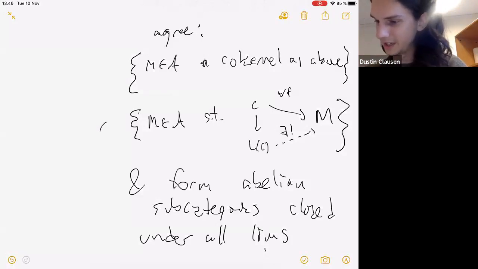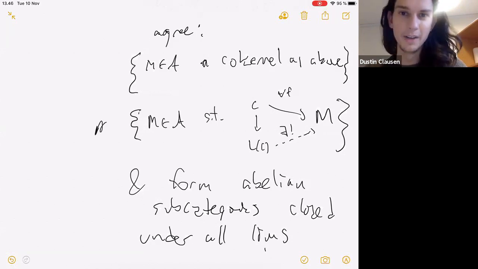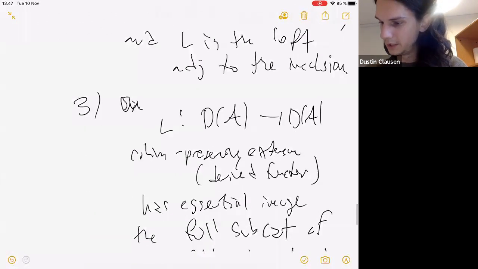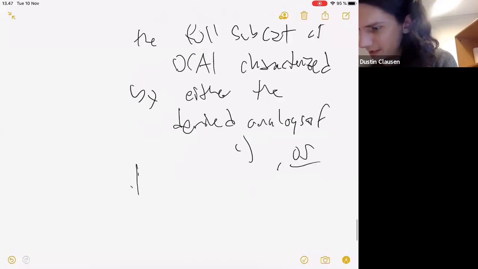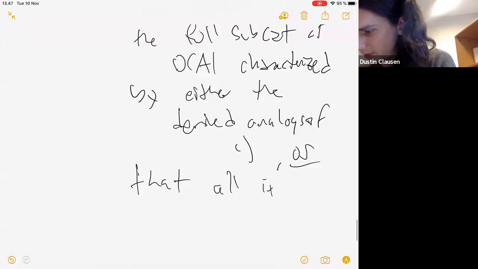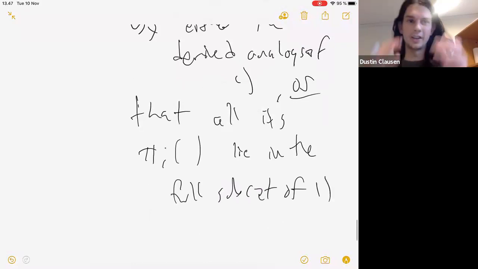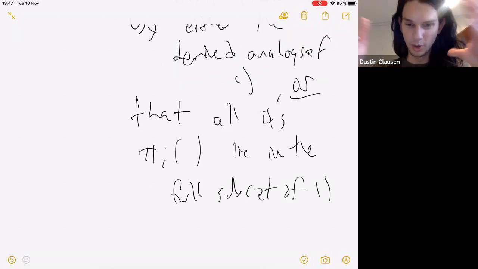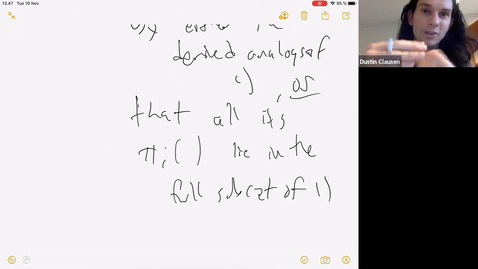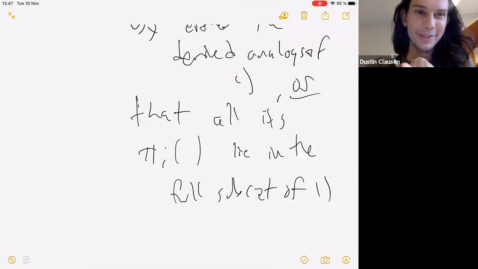And by the derived analog of the second condition here, you can express this as saying that HOM from C to M is the same as HOM from LC to M. For the derived analog, I would say instead that RHOM from C to M is the same as RHOM from LC to M. Right? Or that all its cohomology objects, homotopy objects, lie in the full subcategory of 1. So you can either characterize it by the derived analog of the condition in 1, or you can check it on homotopy groups. I mean, on homology groups, or whatever you like to call the kernel mod image in